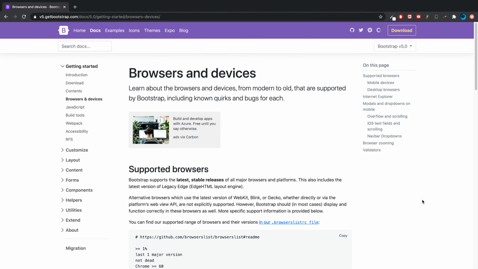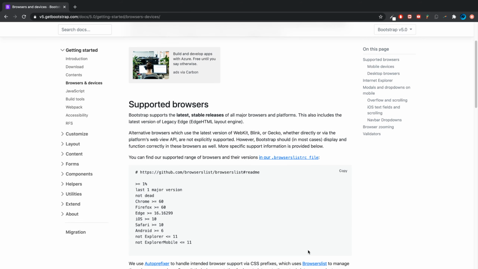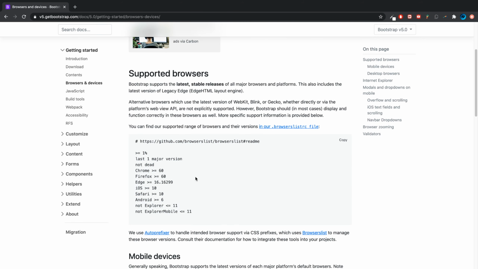Hello, in this video we are going to take a look at the compatibility for Bootstrap 5. Bootstrap 5 just came out a week ago on the 16th of June 2020. So this is basically the compatibility. It is saying it is compatible with virtually all browsers out there, and it's compatible with Chrome version 60 or